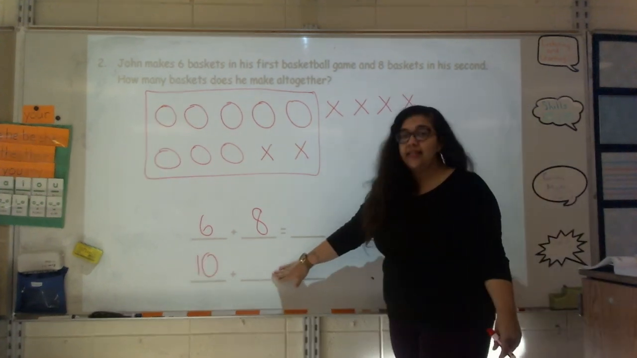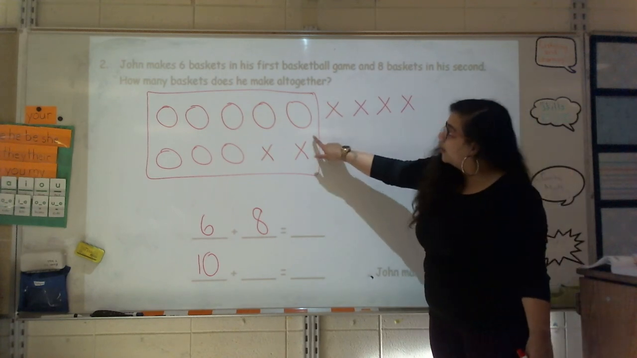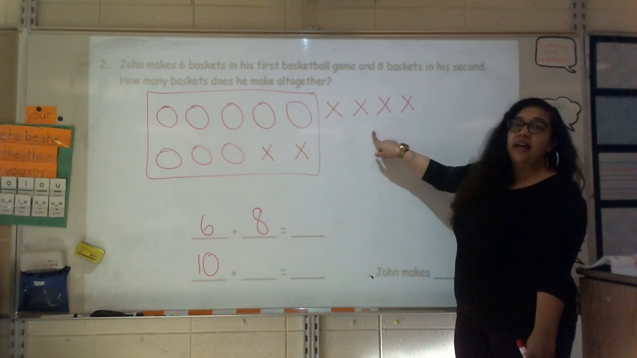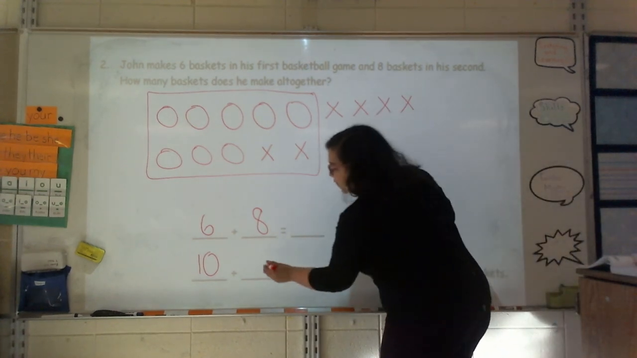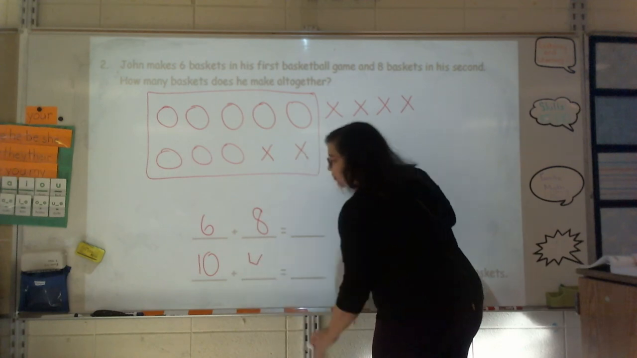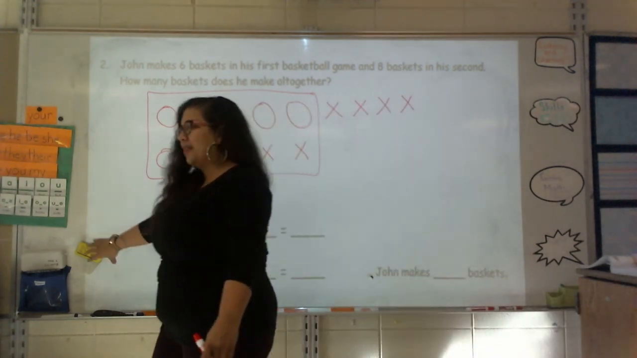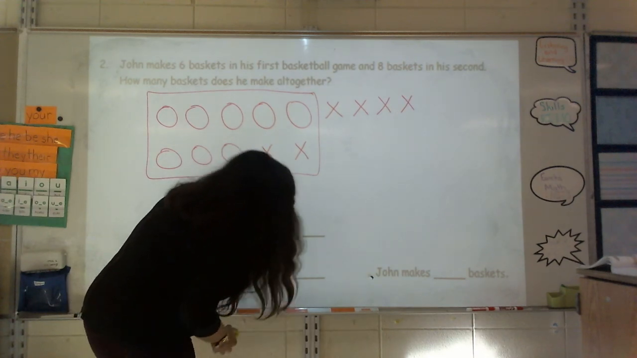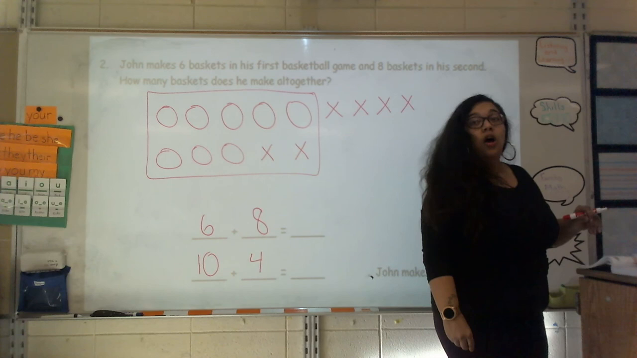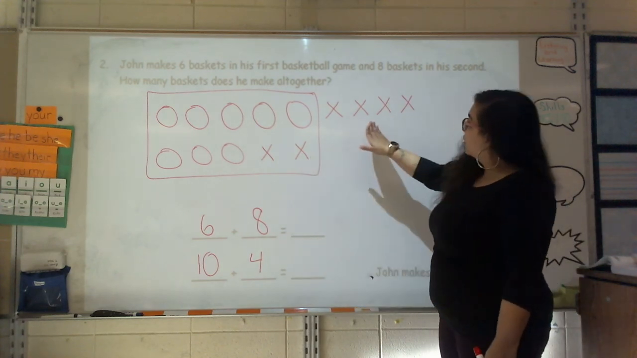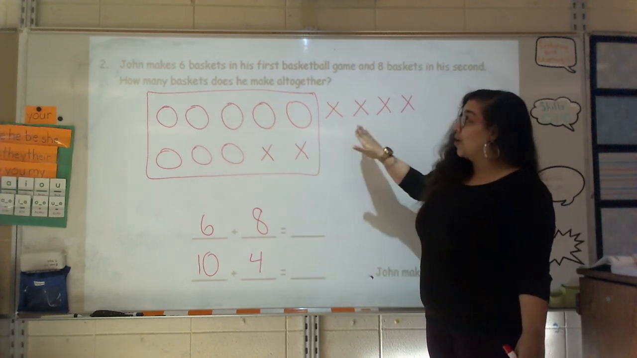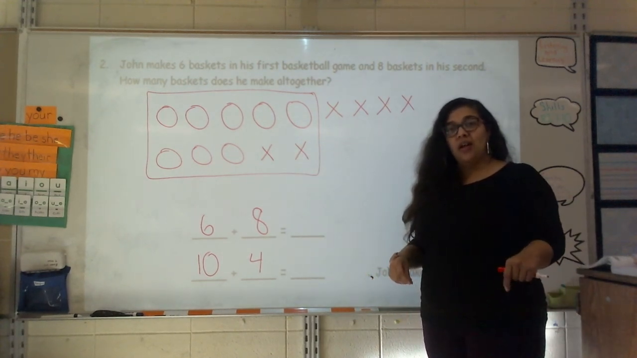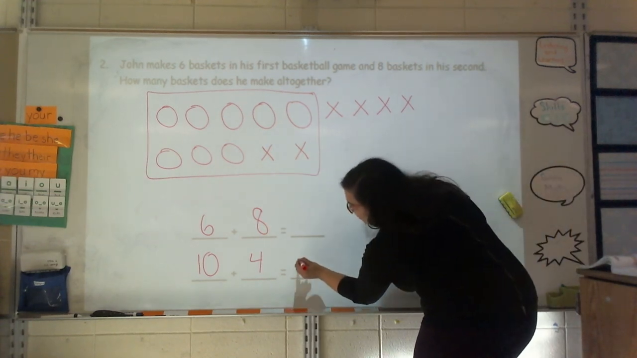Let's work on the number sentence that matches our picture. How many are inside the box? 10. How many are outside of the box? 4. Good job. So we now see that 10 plus 4, 10 and 4 more. Say it with me, 10, 4. What's 10 and 4? 14. Good. 10 plus 4 is equal to